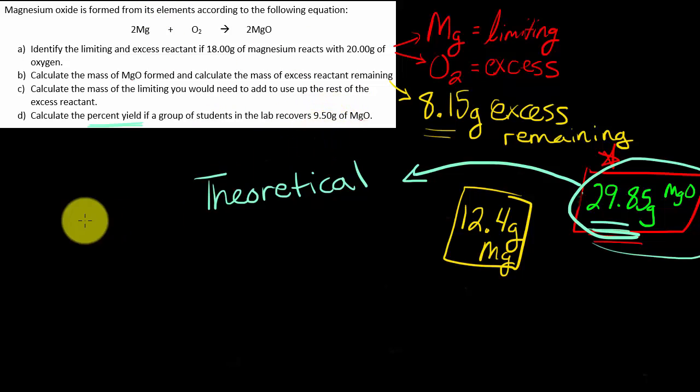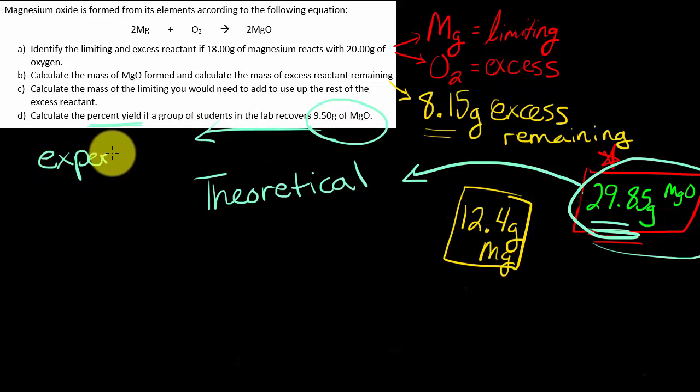So we have 9.5 grams of magnesium oxide. This is called an experimental yield. So it's what we get when performing the experiment. Experimental yield. So the way that you calculate a percent yield is it's just experimental divided by theoretical, and then